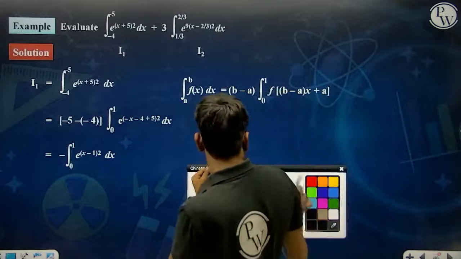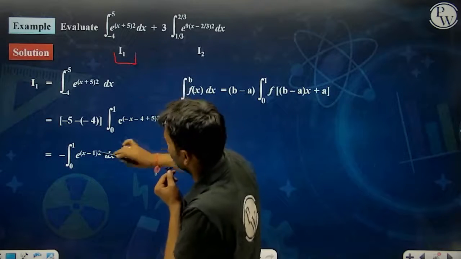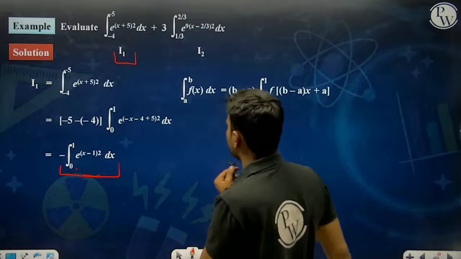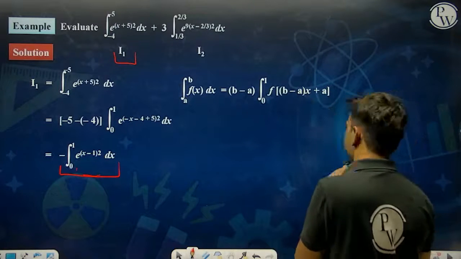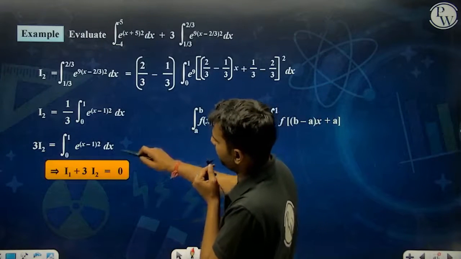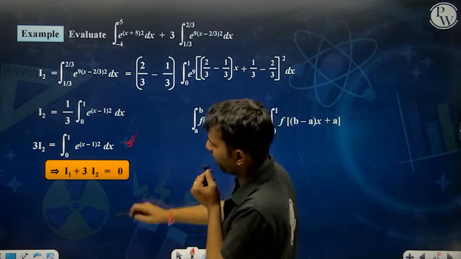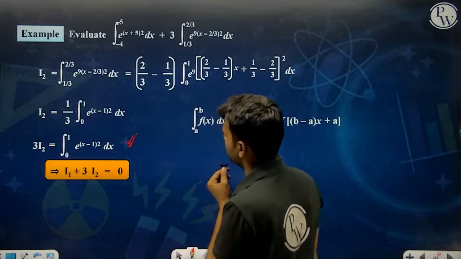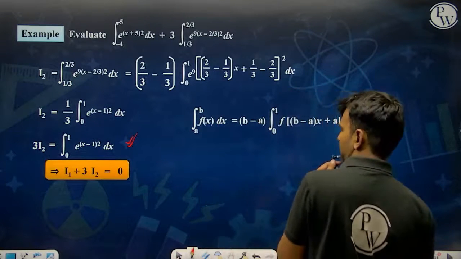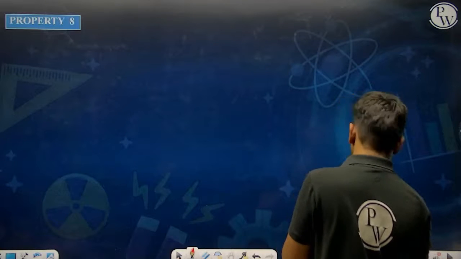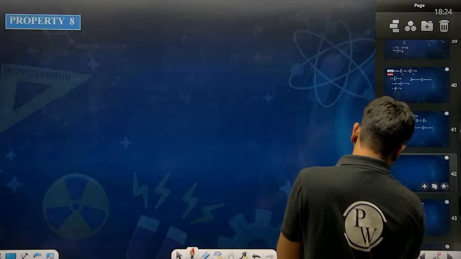So this is I1, the first integrand. As we have seen, it can be written like this upon simplification. Similarly, I2 is the second integrand, which after application of the property can be written like this. And I1 plus 3I2 is coming out to be equal to 0. So I think you can have an idea from here, which is pretty easy